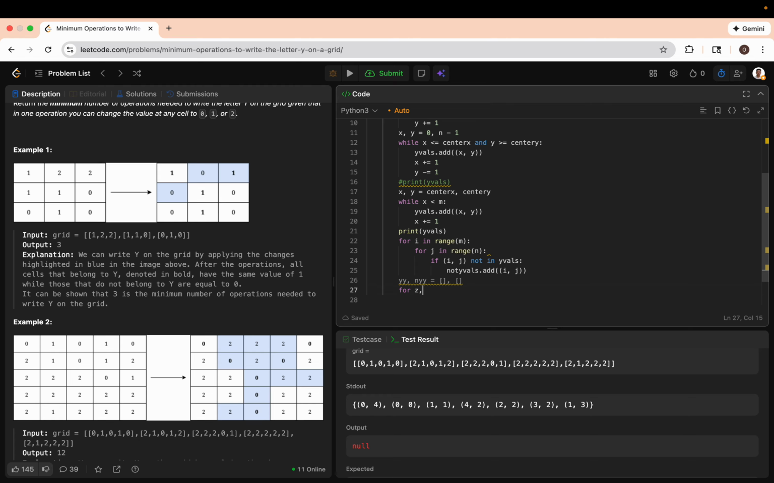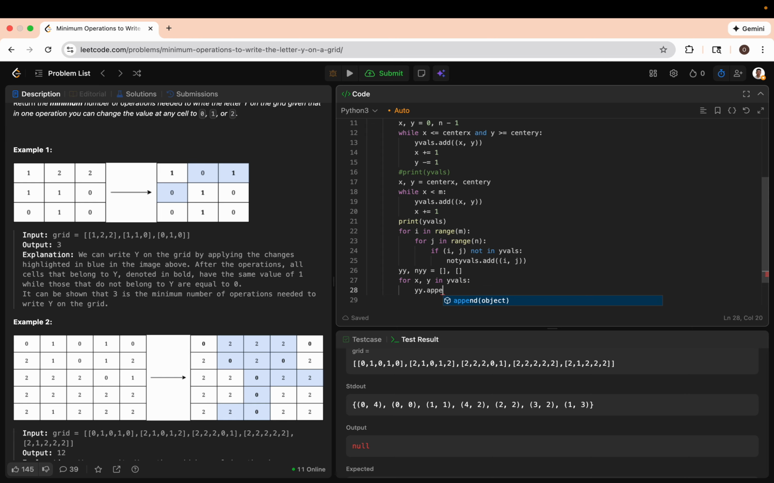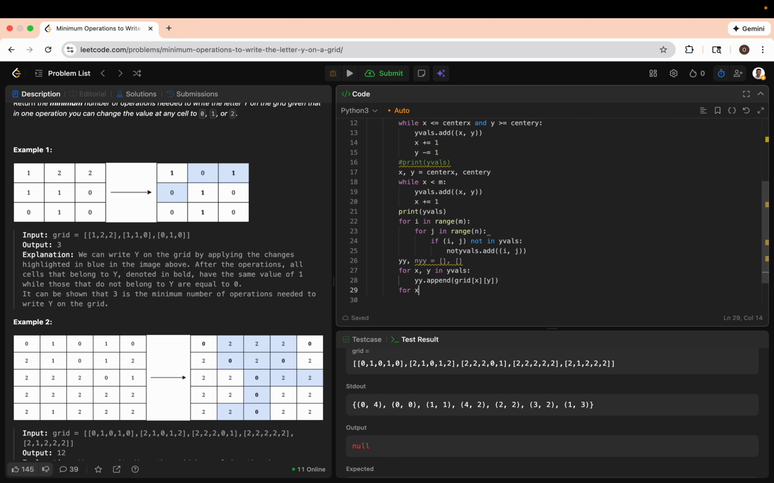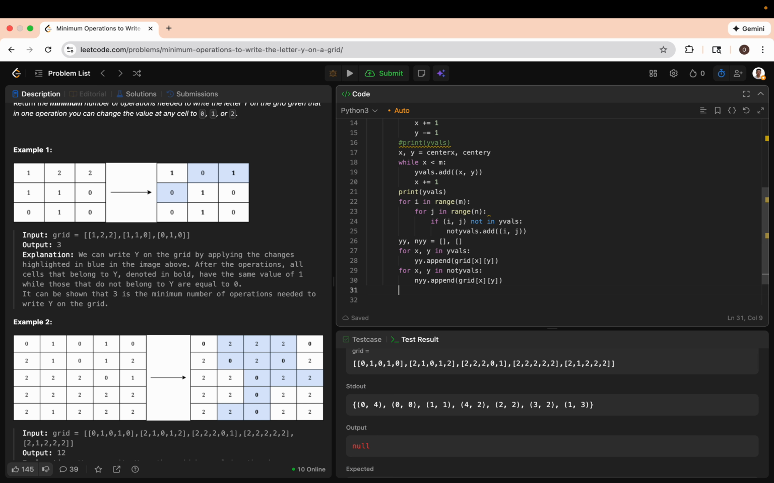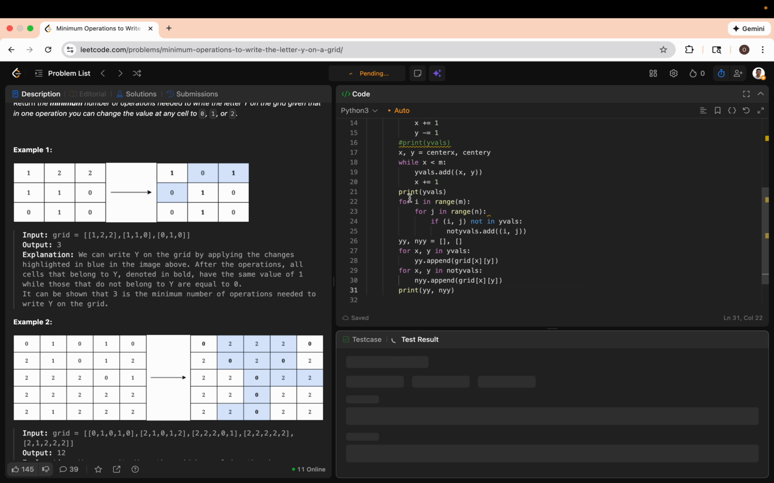So for XY in Y vowels, YY.append grid XY. So while these are the coordinates, we're going to get the actual values for both in not Y vowels, NYY.append grid XY. Cool. So now that we have both values, we have to decide how are we going to